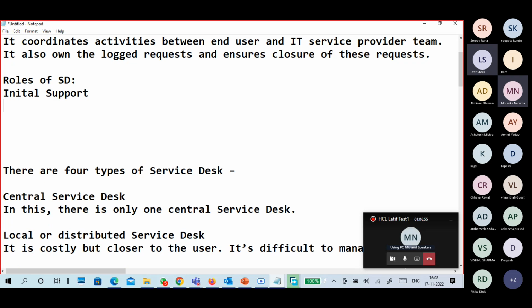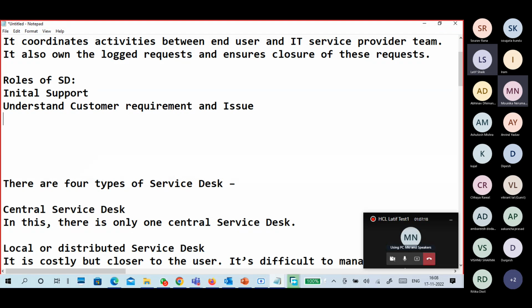Okay. Initial support, understanding customer requirements or customer issues. Start with the initial support. Understand customer requirement and customer issues. If you got any issues, then understand what happened to the customers.